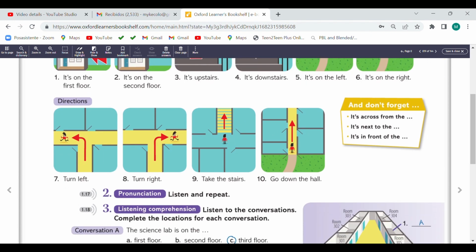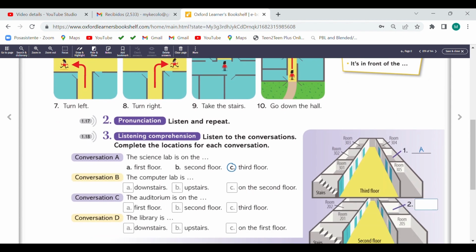Good. And don't forget, it's across from the, it's next to the, it's in front of the. And come on. Exercise number 3.